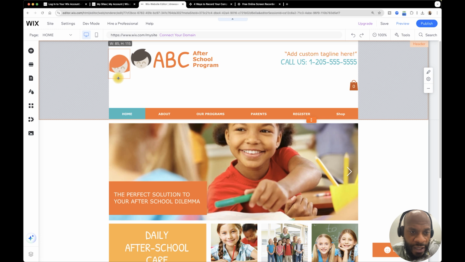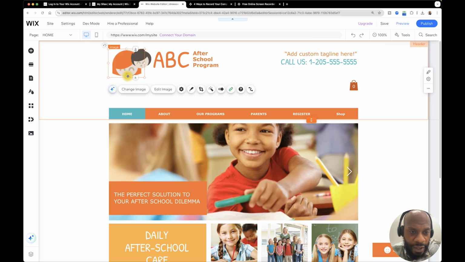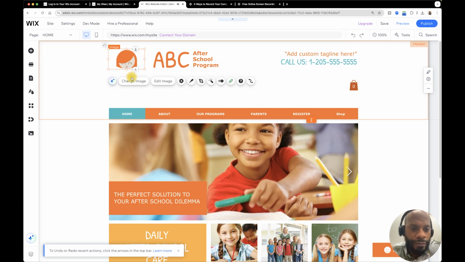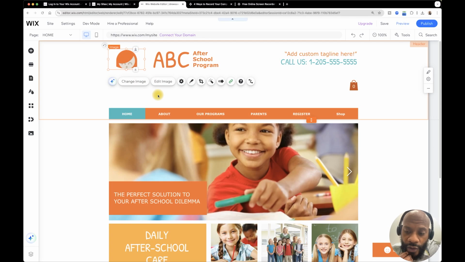You can expand what's here, make it bigger, make it larger. I'm going to go ahead and just select this logo and hit delete here. But I also wanted to show you how you can change it. It's very simple. If you have the logo already stored somewhere on your computer, you can go to change image, hover over the logo, click it, select change image,